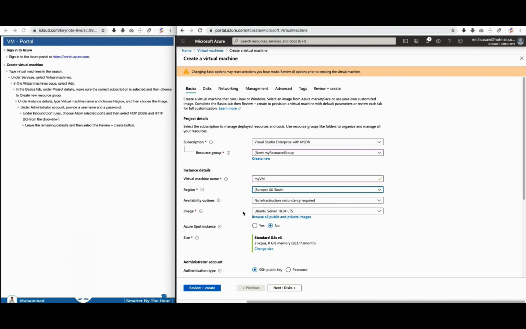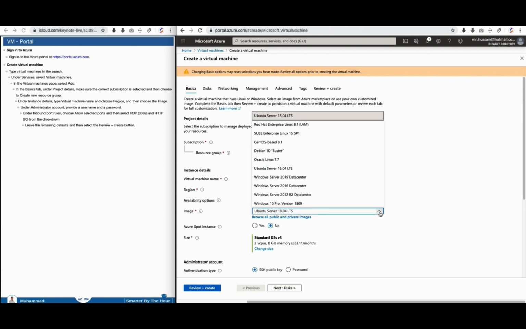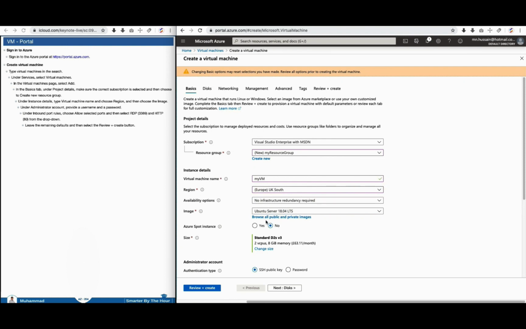again, if you see, there is a default value selected in this field, but if you want to choose another operating system other than this one, just click on this drop down and you will see the possible options, and you can choose any one of these. If you are looking for something else which is not available in this drop down, you can choose from all public and private images by clicking on this link,